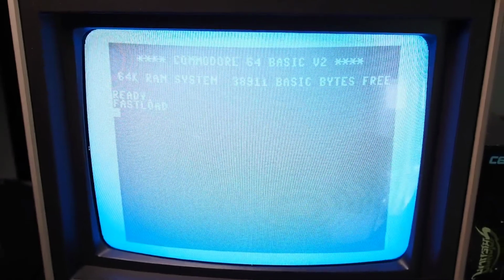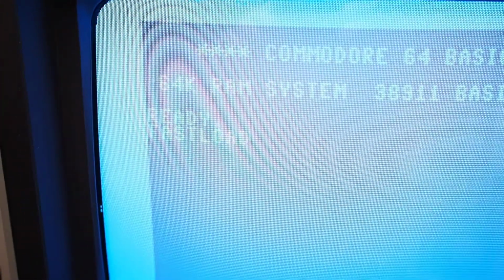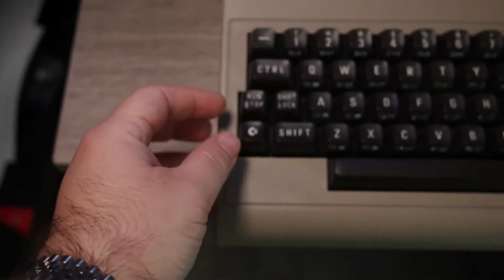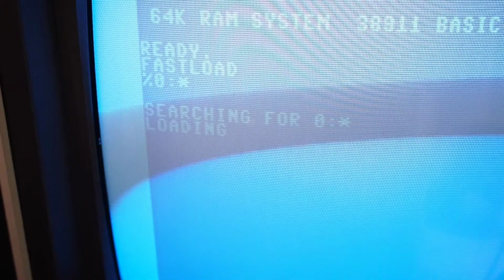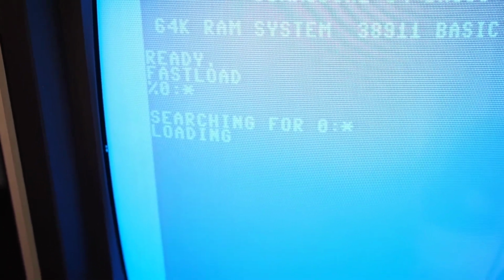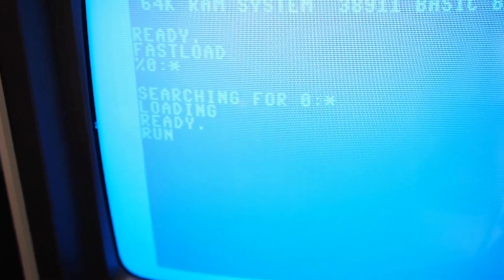I apologize. Recording a CRT is kind of difficult at times. So you can see that it says Fastload there. And that's important because that means that you can use the Fastload feature. And one of the features you can use is just hitting Commodore run stop. On the normal Commodore 64, that would tell you to press play on your tape. But what this does is it actually just goes in and runs the